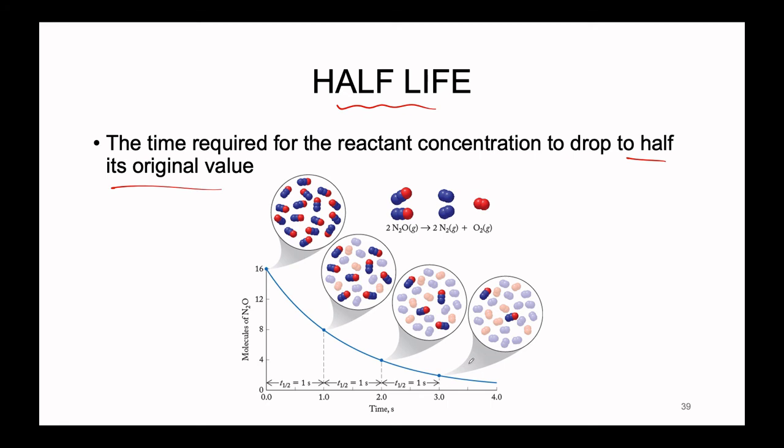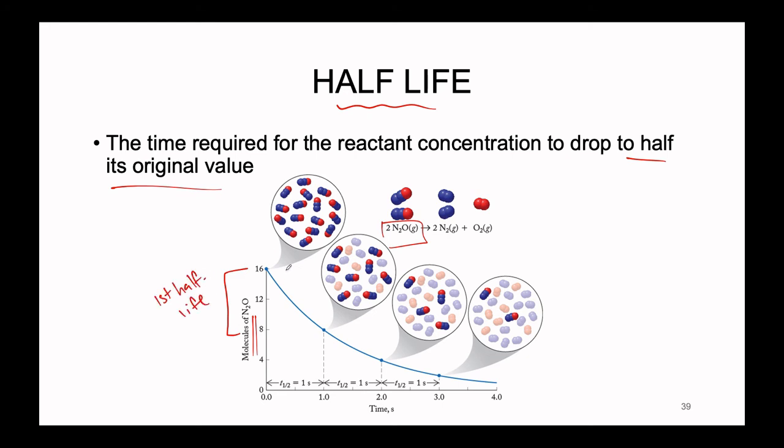So what we're monitoring on the y-axis is molecules of N2O. So our N2O is the reactant we can see in this reaction here, where 2 dinitrogen monoxides will break down into 2 nitrogen gas molecules and a single oxygen. Well, if we start with 16 molecules, and this is going to be our concentration measurement here, we can see that it takes, according to this graph, 1 second for these 16 molecules to break down into 8, where this first jump is our first